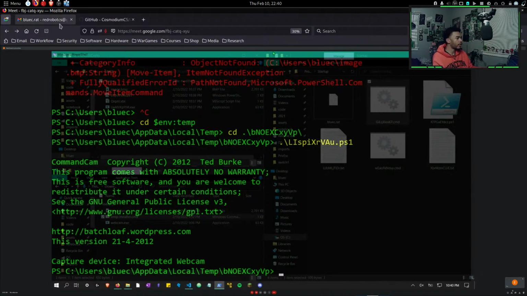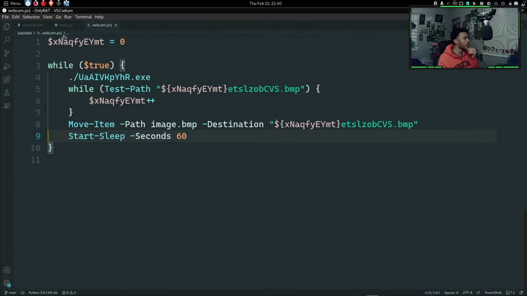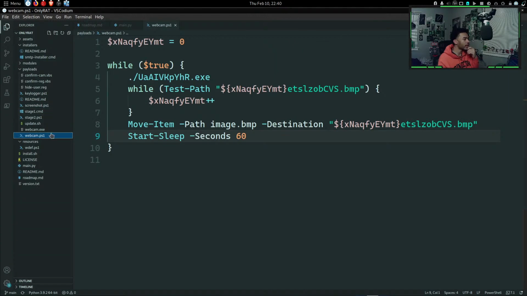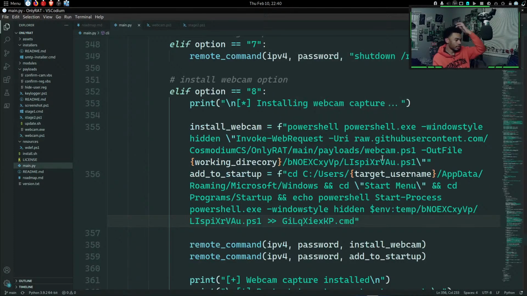So in order to have it change directories, we'll go in here. Where do we have it partition it so that it can run in a certain directory? I think it's in the stage2. Oh no, it's in our main.py, yeah. So what we'll have to have it do is